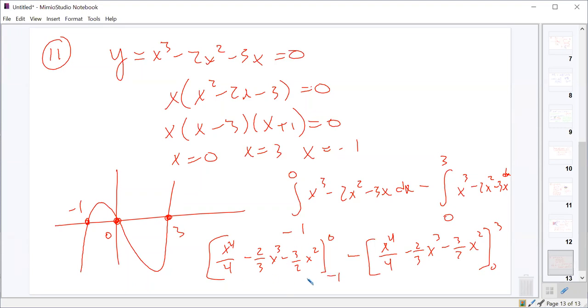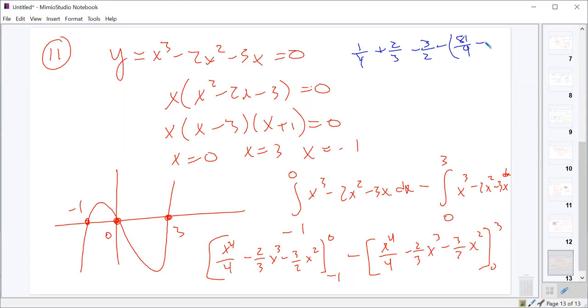And the zeros are just zeros. And then the negative 1, when I plug that in, plug in the negative 1, I ought to get 1/4 plus 2/3 minus 3/2. And then I'm going to subtract this evaluated at 3, which ought to be 81/4